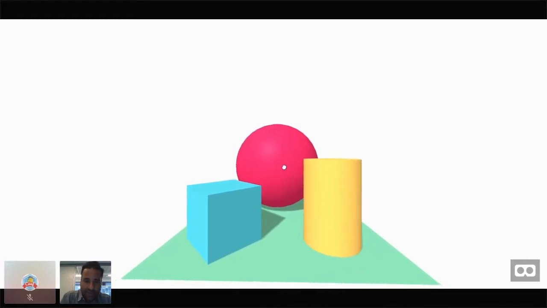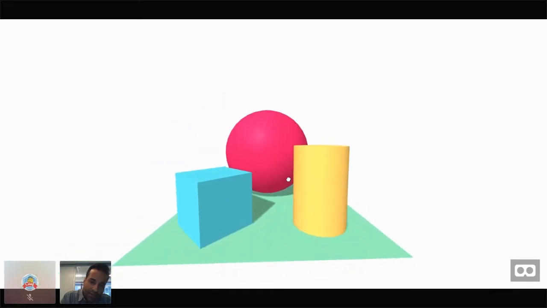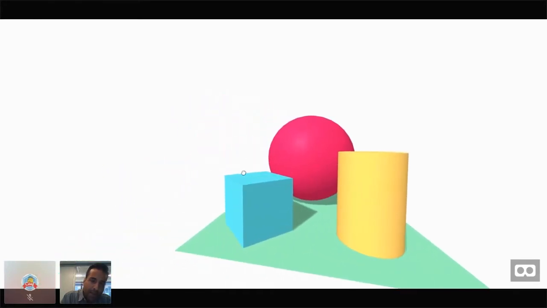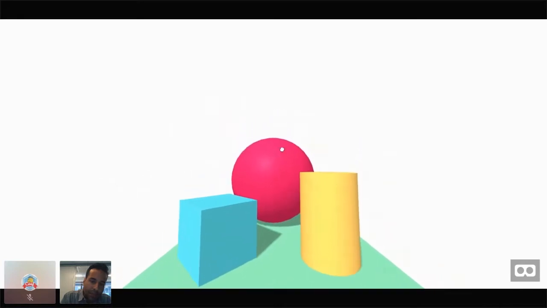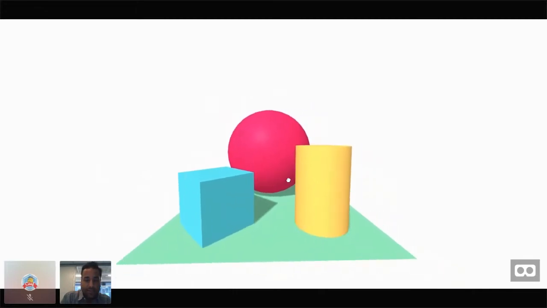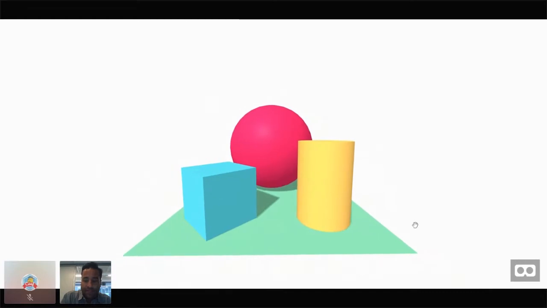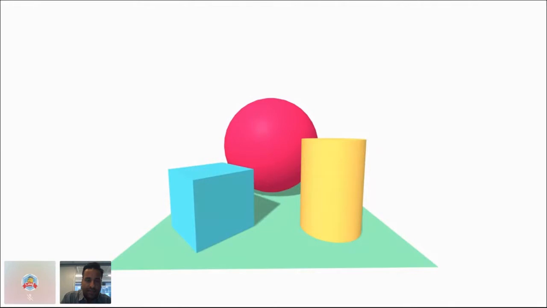As you can see in this case, because I'm using the browser on a tablet, the way that I control this scene is with my mouse. If I were using a headset, then it would be my head movement that would be controlling this scene. But that's what A-Frame is. As you can see, there's an option here to go full screen for devices.